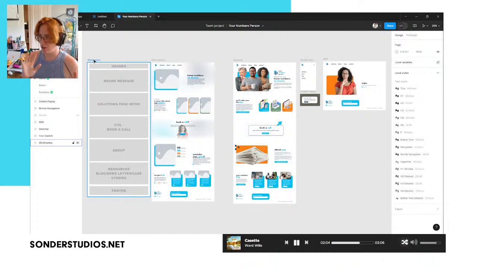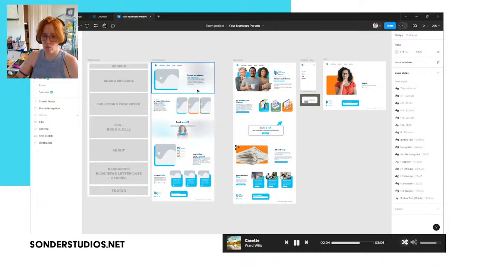Anyway, so 3 stages of design. Wireframes. Think of this as the 5th grade rubric of web development. This is basically where we're making decisions about how the structure of the page is going to go. And this is also where we're making decisions about, in web design at the very least, I'm not sure if this translates as well to app design, but this is where we're prioritizing what we want the customer to see first. So for instance, if you're what we're looking at right now, an accounting firm, what do you want them to know first and foremost? We want them to know that we know numbers and you know drama.